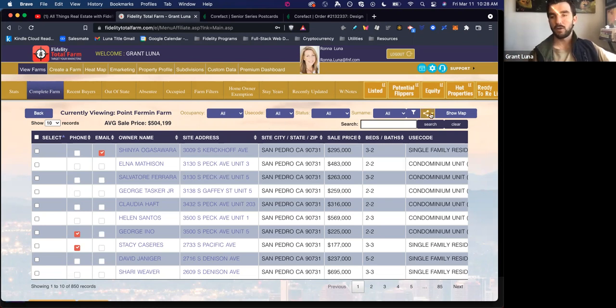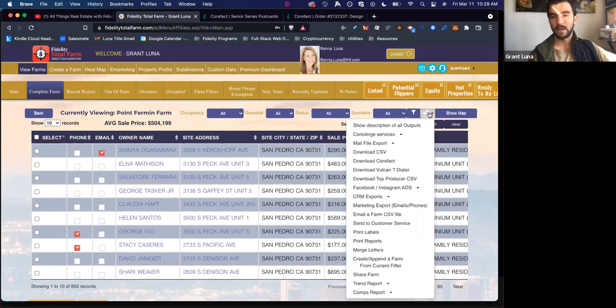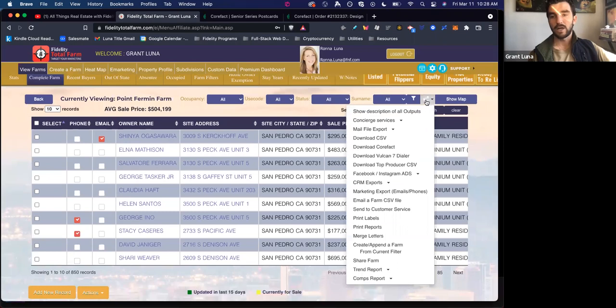So to go to the digital marketing suite, you'll click on this social media share icon here with the 3 dots. And basically this share icon is responsible for a lot of different things that I'll cover today, but this is how you actually take that data out of Total Farm and use it in different areas. So what you'll do to launch a targeted social media ad is go to Facebook, Instagram ads here,